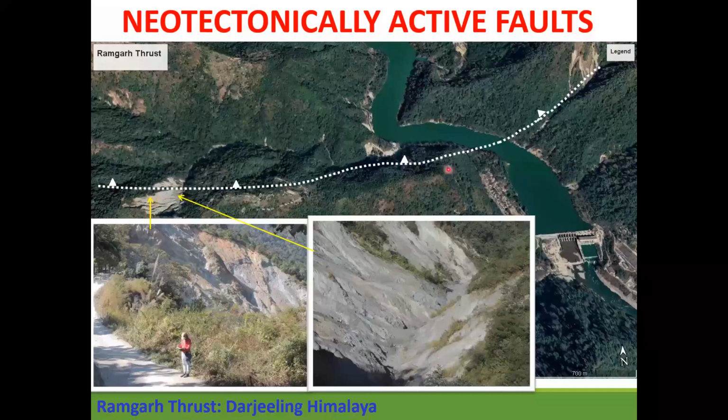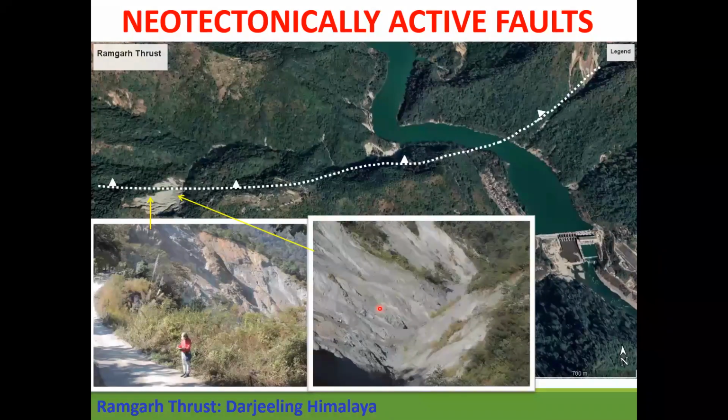Now, when faults actually break or are active at this time scale, they are usually near surface. Okay, so that means that they'll be all brittle, and that would actually contribute to landslides a whole lot more than ductile faults. Okay, so for example, the Tare Bhir fault is not that landslide prone as compared to the Ramgarh thrust. Although even in the Tare Bhir fault, the main central thrust, there has been reactivation.